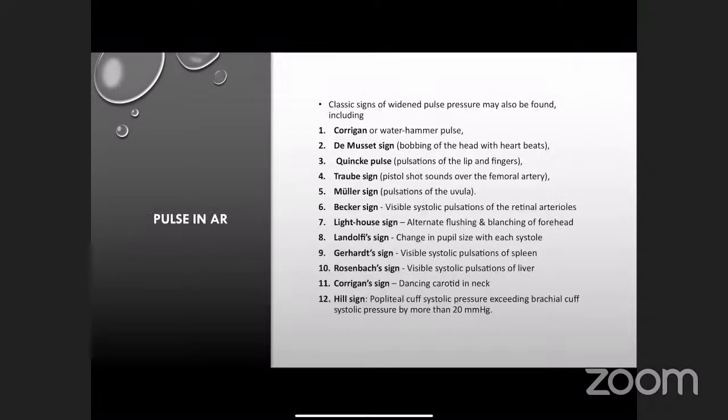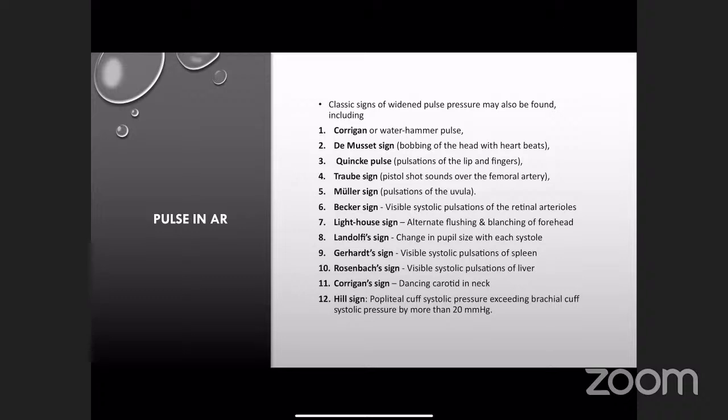Pulse in aortic regurgitation: classical signs of widened pulse pressure may also be found, including Corrigan or water hammer pulse, de Musset's sign, bobbing of the head with heartbeats, Quincke pulse, pulsation of the lips and fingers, Traube's pulse, pistol shot, a short sound over the femoral artery, Müller's sign, pulsation of the uvula, Becker's sign, visible systolic pulsation of the retinal